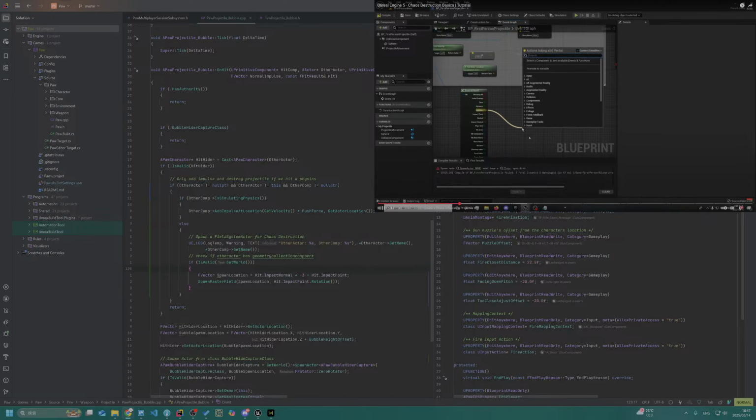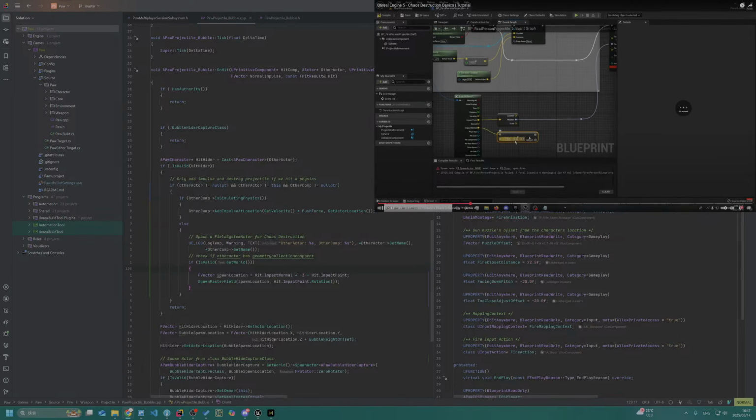And we're going to want to drag out just impact point. Go back and add on to our location.